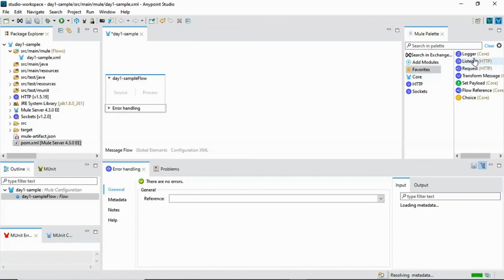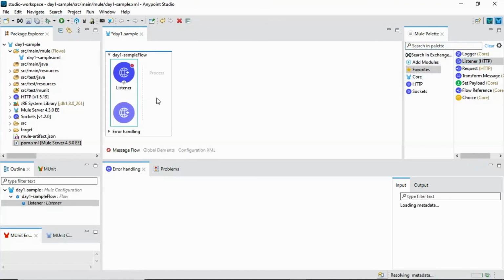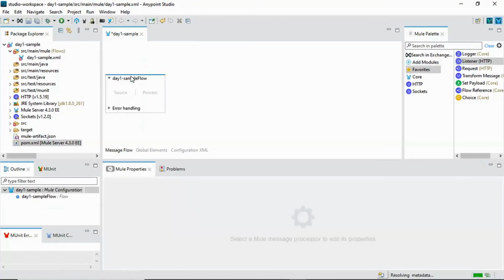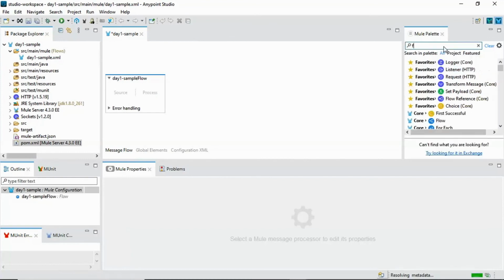So we can drag and drop the listener operation into the source. Source is the starting point for your flow. But if you try to drag the listener into the process, it will not allow you to drop it.